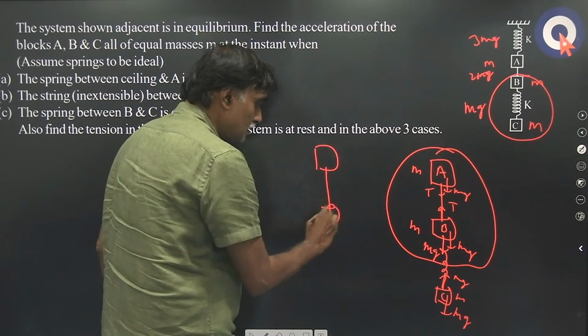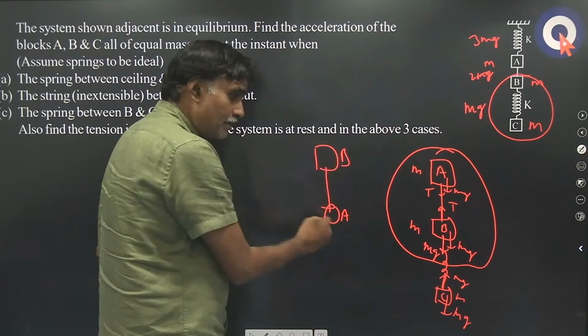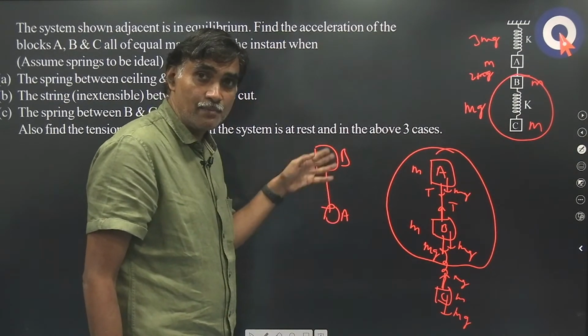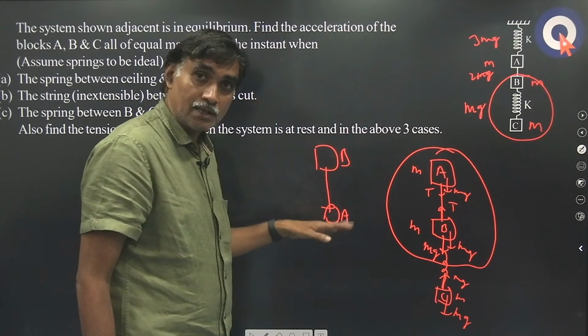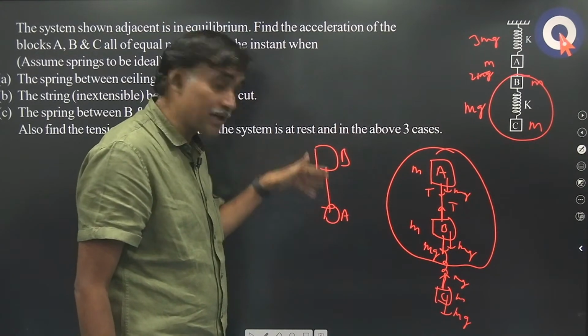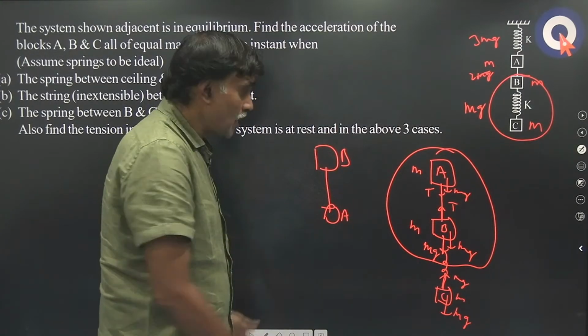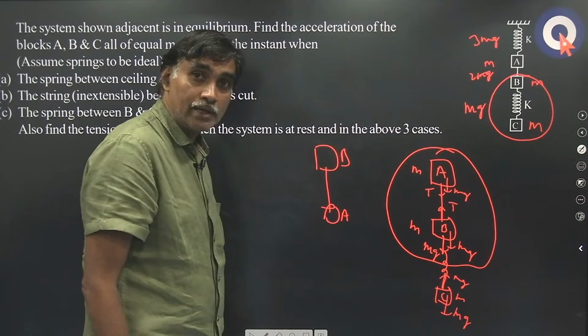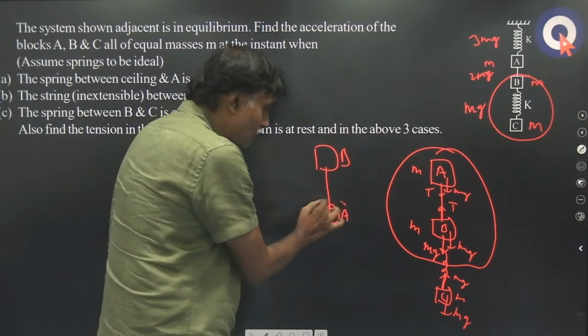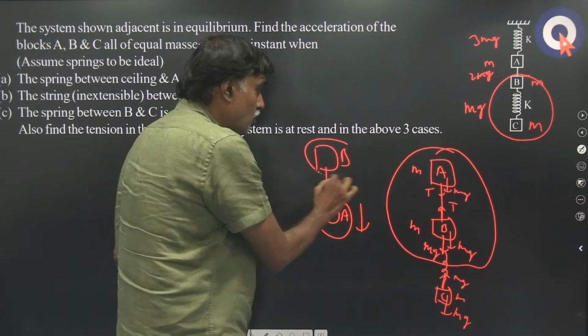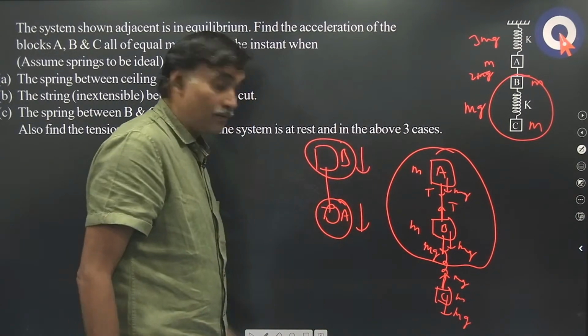Okay. So if I release two blocks like this, A and B, they are connected by a string, and there are some forces acting on A and B other than gravitational forces, let us say, in vertical direction. Then when will they move together in downward direction? If acceleration of block A in downward direction is greater than the acceleration of block B in downward direction, if there is no string,